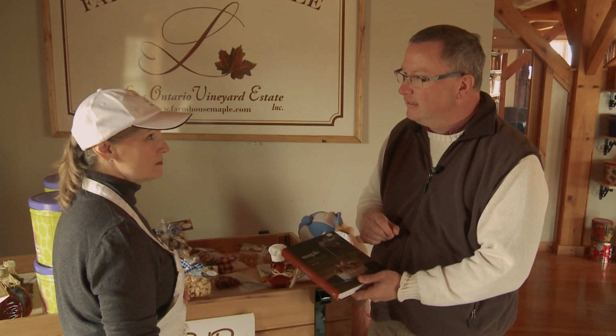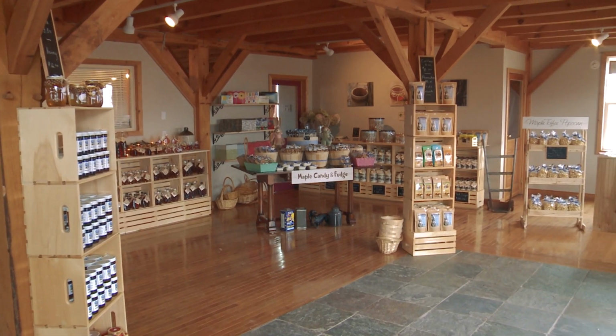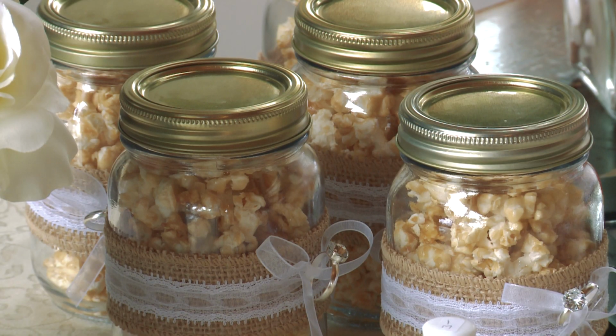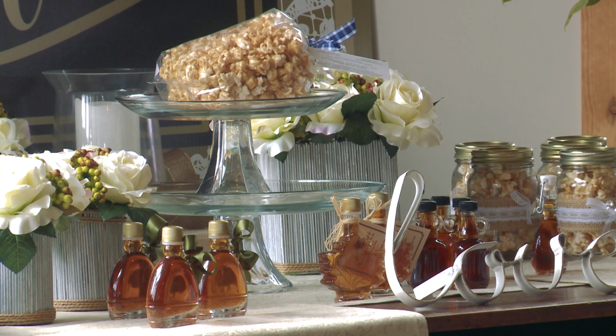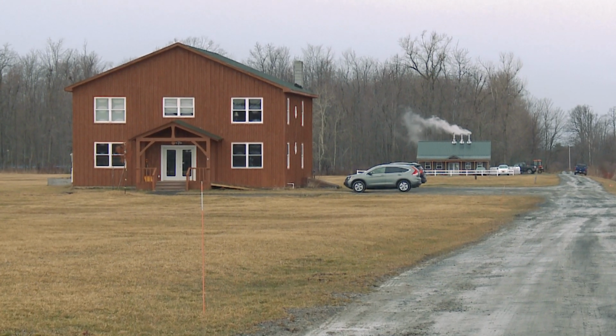Tom's wife, Marsha, operates the Farmhouse Maple gift shop. Here they sell all kinds of products made from maple syrup: maple toffee popcorn, which is incredible, candies, cakes, and many other gift items. One of the things that I have just been itching to try here is the pie